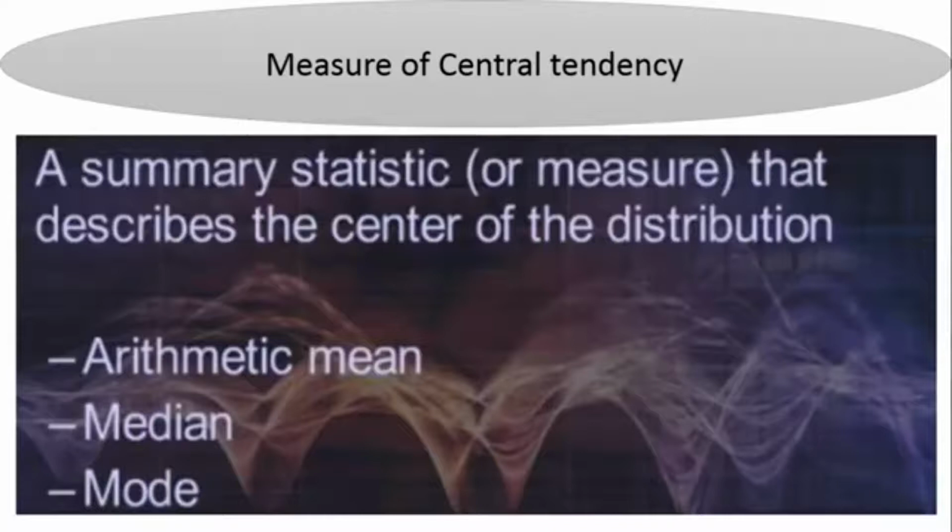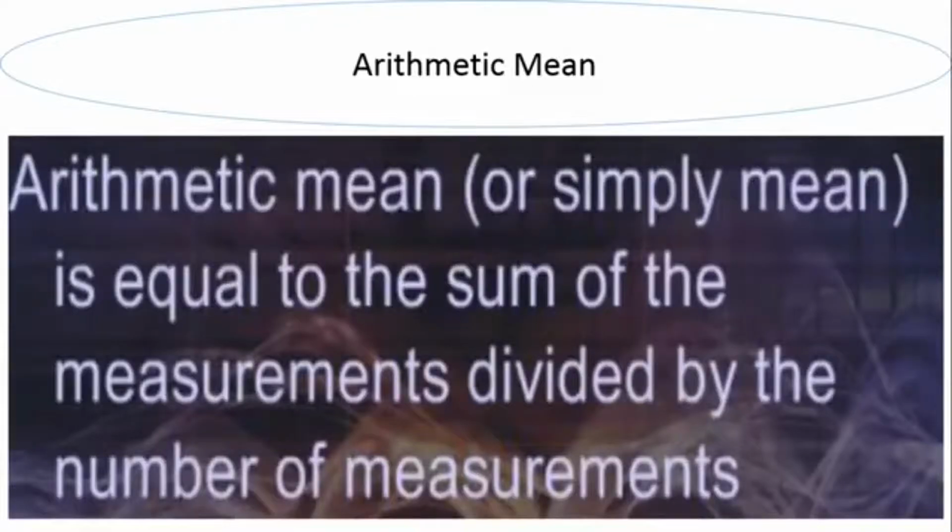So let's pass to the measures of central tendency. Central tendency is a summary statistic or a measure that describes the center of the distribution. The first measures of central tendency I'm going to show you right now are the arithmetic mean, followed by the median and the mode. So the arithmetic mean, or simply the mean, is equal to the sum of the measurements divided by the